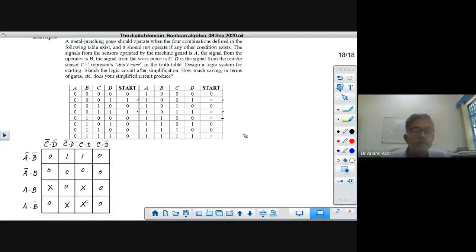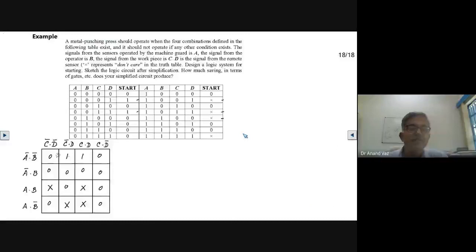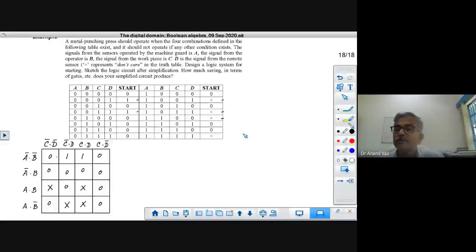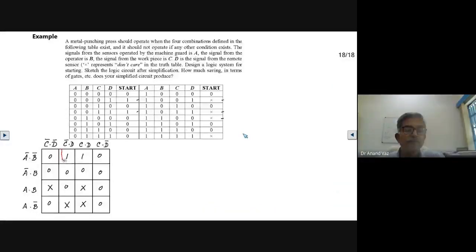So if we had not identified these don't care elements in this quad, then we would be left with just one pair, which would result in the elimination of just one variable. And so that is not good enough, not economical for us. Okay. So it's essential that we identify the quad, not just the pair. So we are taking into consideration these two don't care elements. So here we will identify this as a quad, not just as a pair, but as a quad.